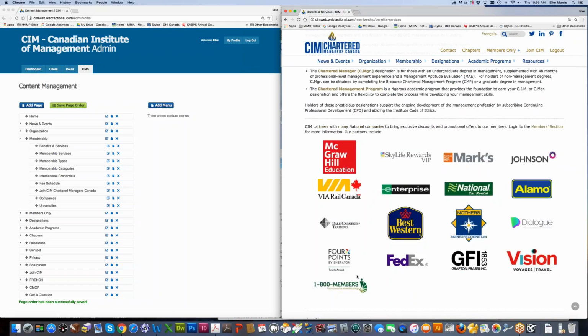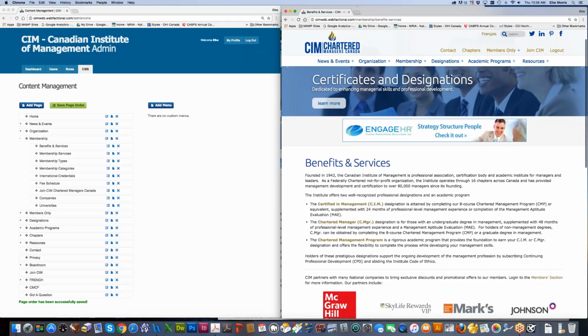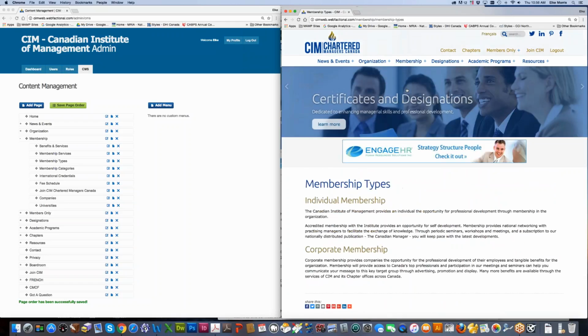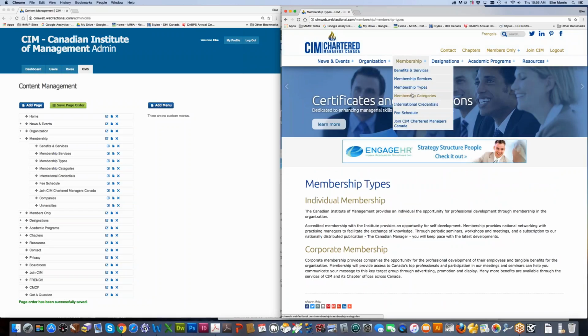That's just the benefits of it. Because membership services would be like membership types, right? Membership categories. Well, here's membership types. So I've got membership types, membership categories,